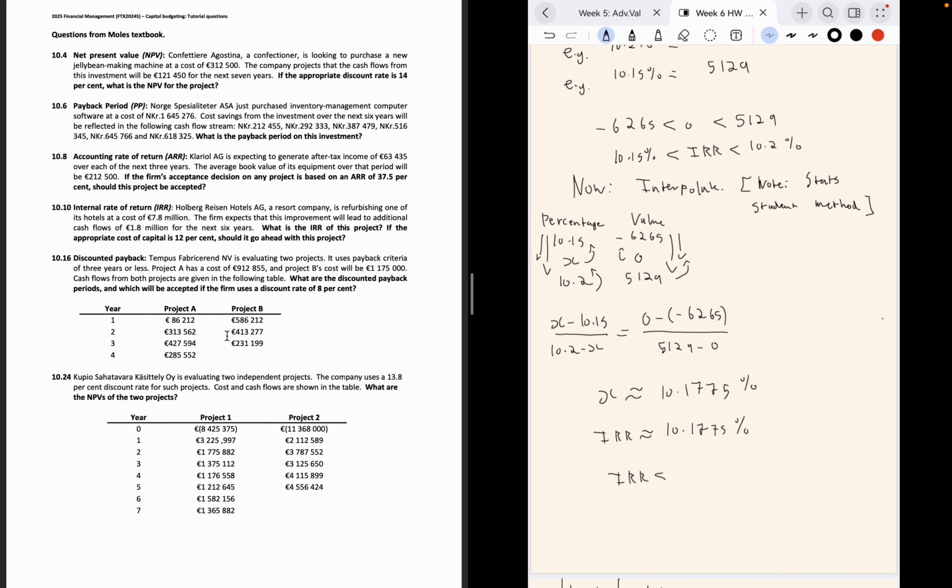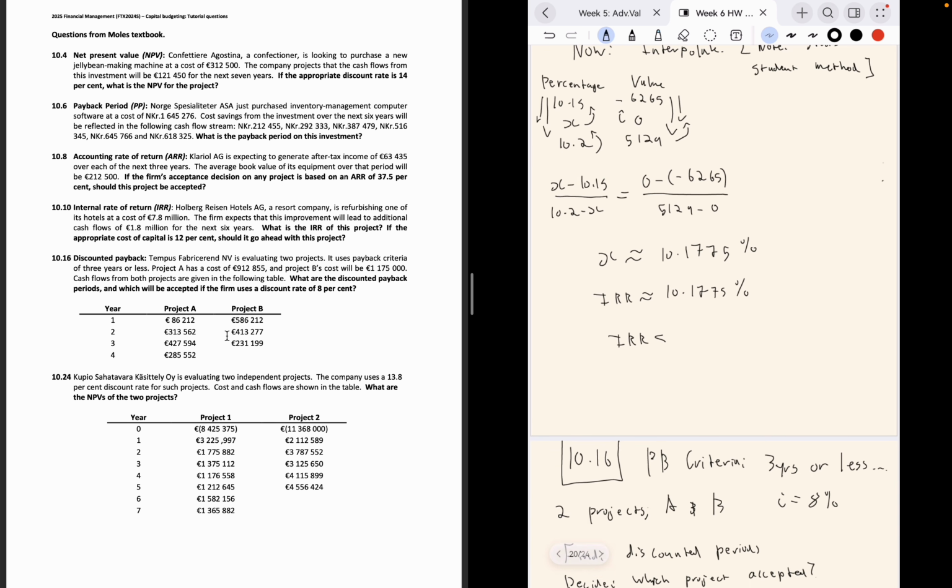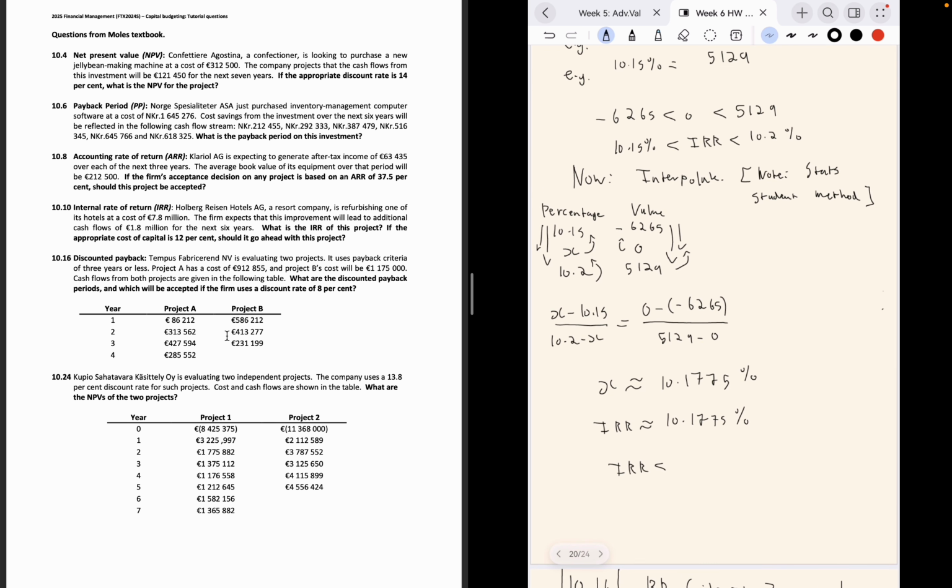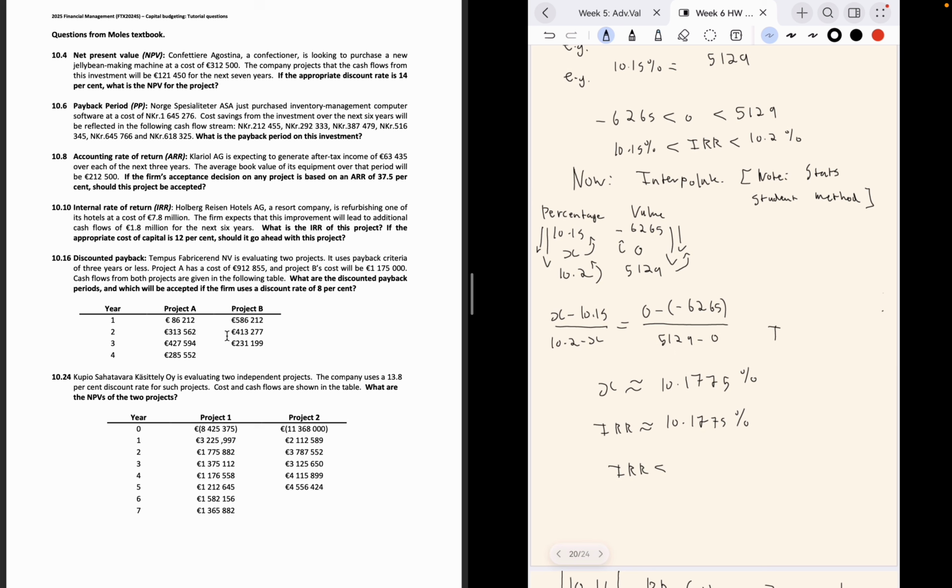And so I think the question that they ask you here is: should it go ahead with this project? Did I actually finish concluding? So our IRR is less than the 12%. So likely we're going to reject this because, in short, that 12%, that discount rate, or the cost of capital,